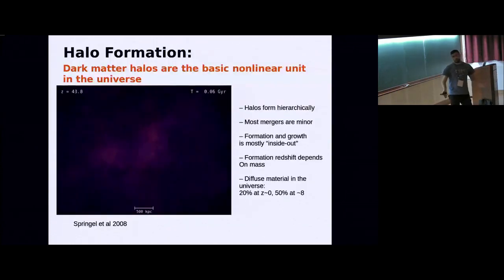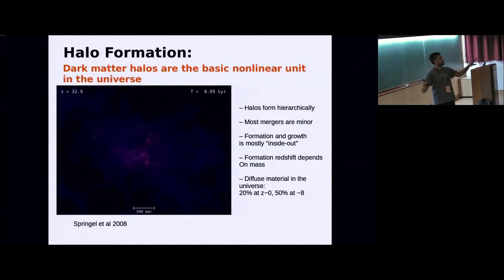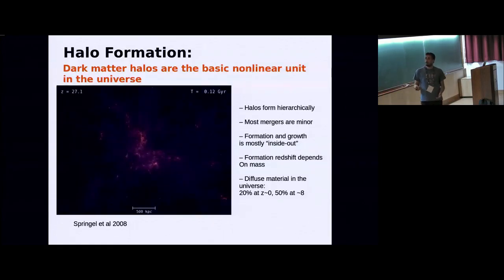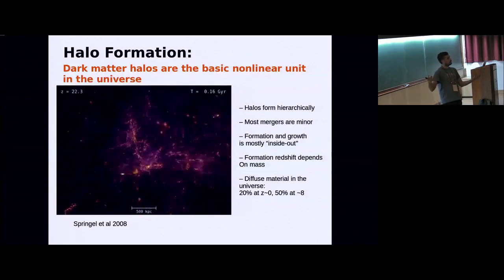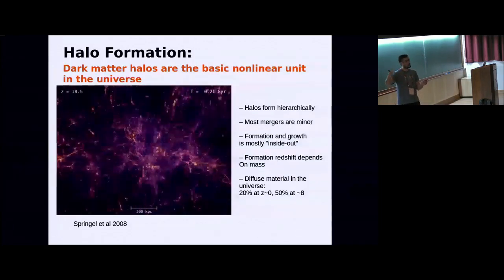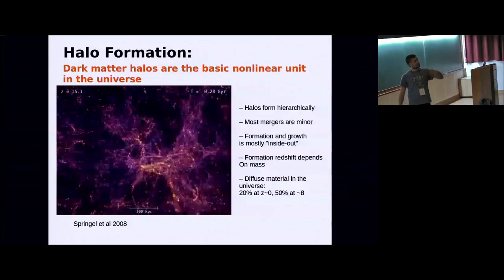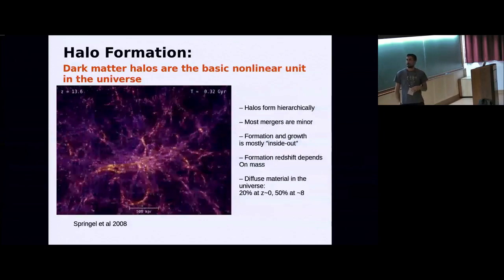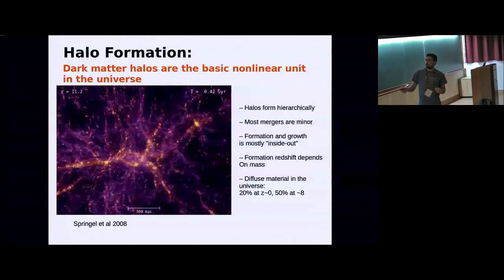So from these two types of simulations, this is what we have learned. First, the most basic nonlinear units of the universe are called dark matter halos. These dark matter halos form in a hierarchical manner, meaning that small-mass halos form earlier than large-mass halos. This is actually a generic prediction for any power spectrum that has more structure on small scales than large scales. You see an example of that here. So small halos start forming first, and then